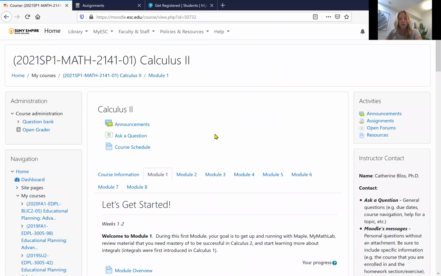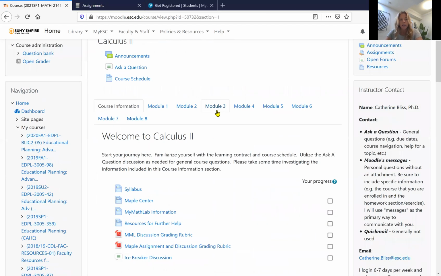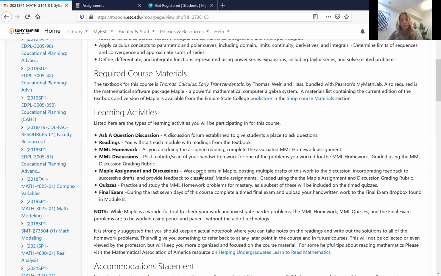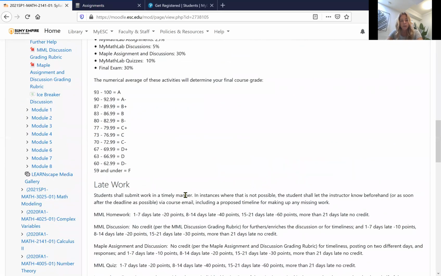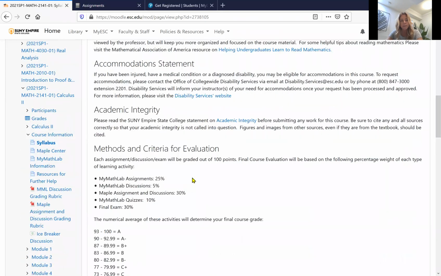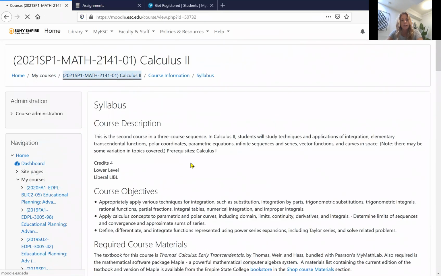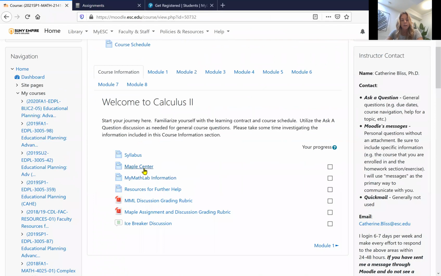Going back to the course homepage here, down at the bottom, you will see several tabs. The course information tab has our syllabus, which has very important grading information, including the late work policy. It also talks about the percentages in the categories as well as grades. Also, you will see information about MyMathlab. Very important here are 2 rubrics. There's the MyMathlab discussion rubric and the Maple discussion rubric. If you take a look at those,